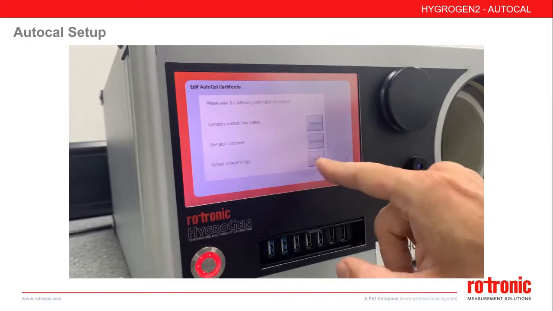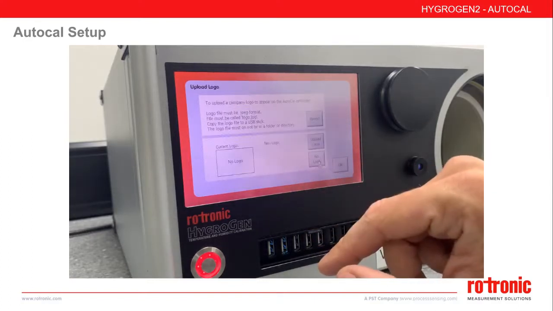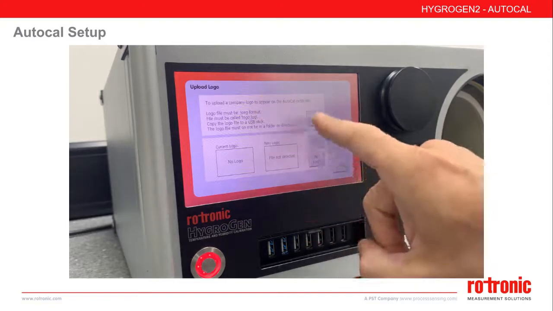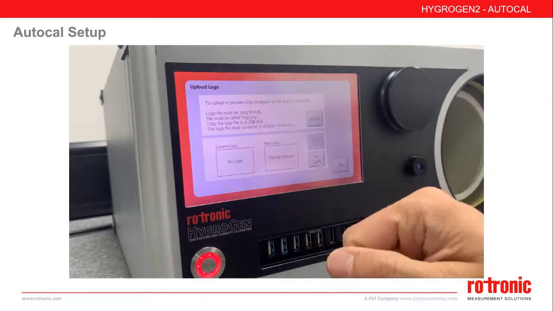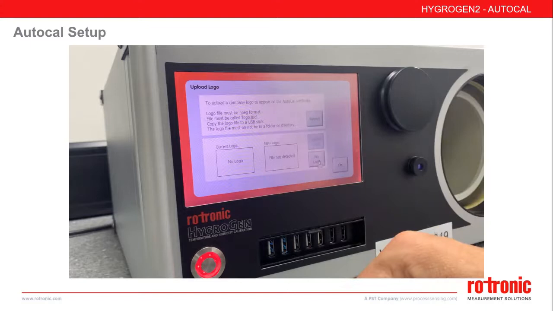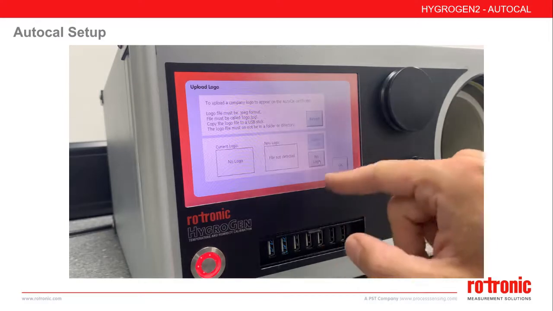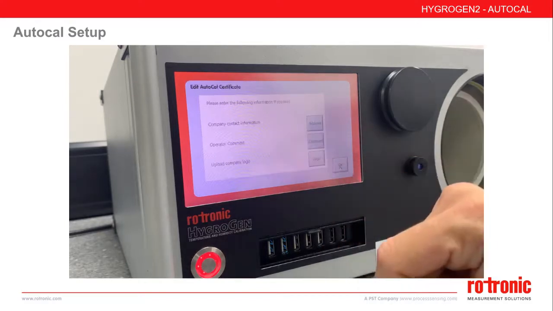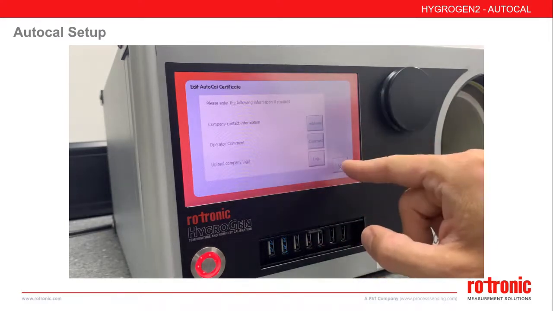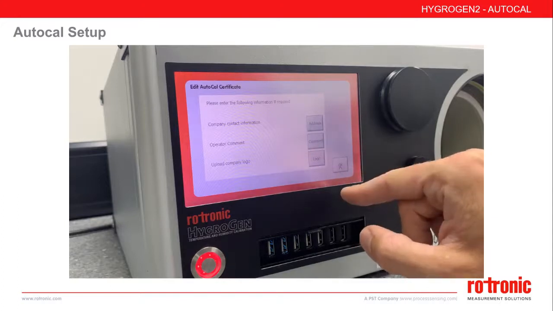Finally, you can also add a company logo. By default, the Rotronic logo will be used. If required, you can upload your own logo by inserting a USB stick and following the commands on the screen. Once we are set up, we can return to the main settings screen